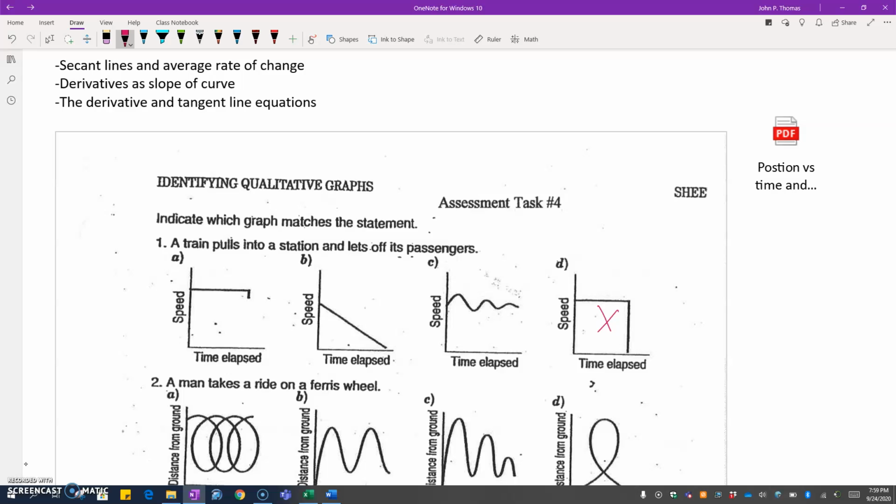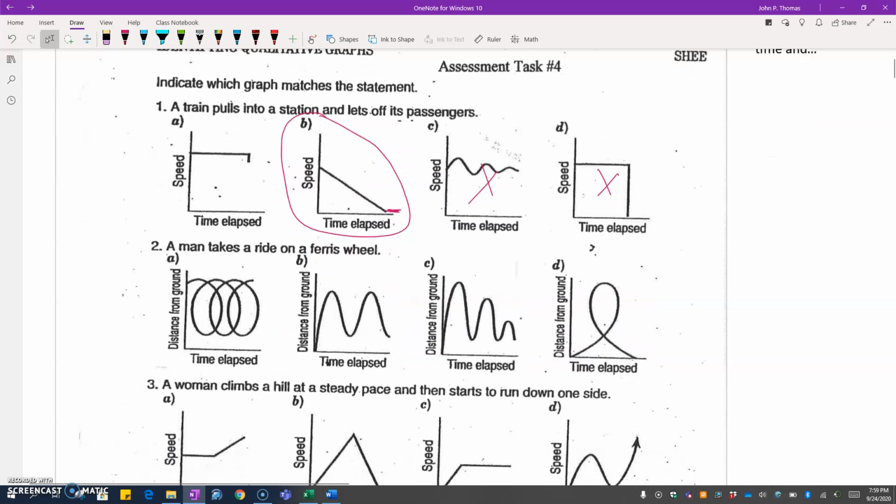And this one, we speed up, slow down, which doesn't make a whole lot of sense. So of these, I would say that our best choice as far as pulling into the station to let off passengers would be this one. I would really like to see it level off a little bit at the bottom at 0, so that we knew that the train was stopped for a while, so we don't have passengers jumping off